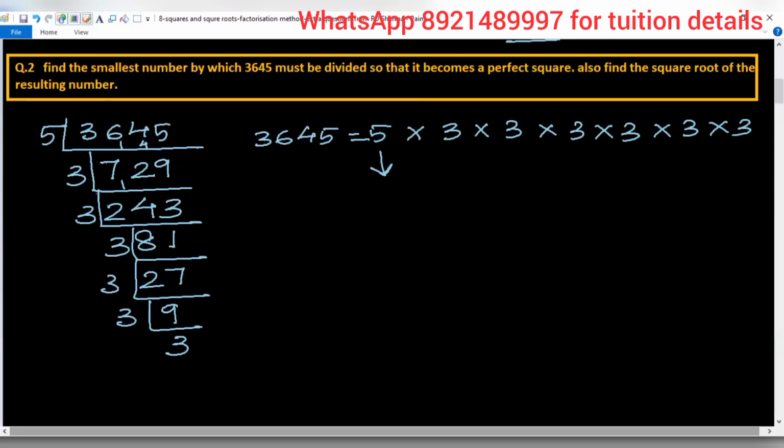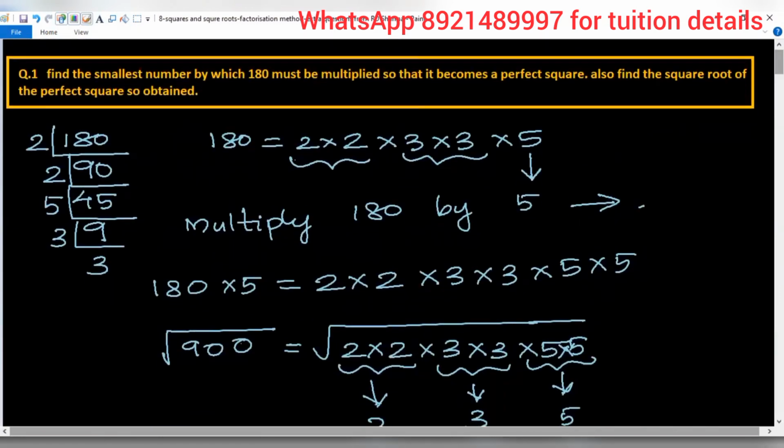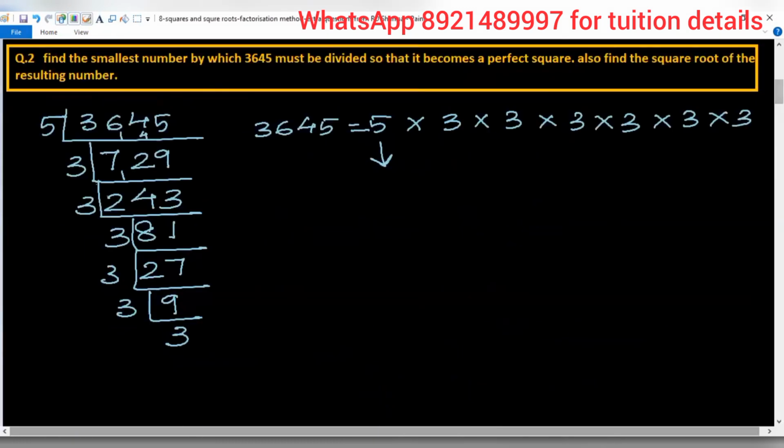In the previous question, we provided a 5, because the question was, we have to find the number which is to be multiplied with. Okay, here the second question is, the number by which we have to divide this. Division means actually we are removing this 5. Okay, so divide